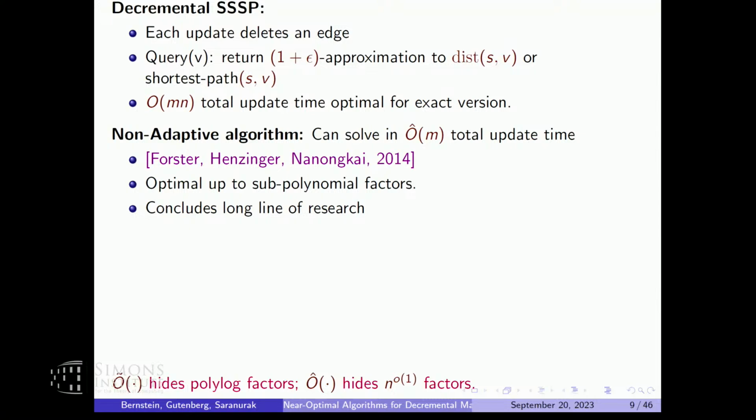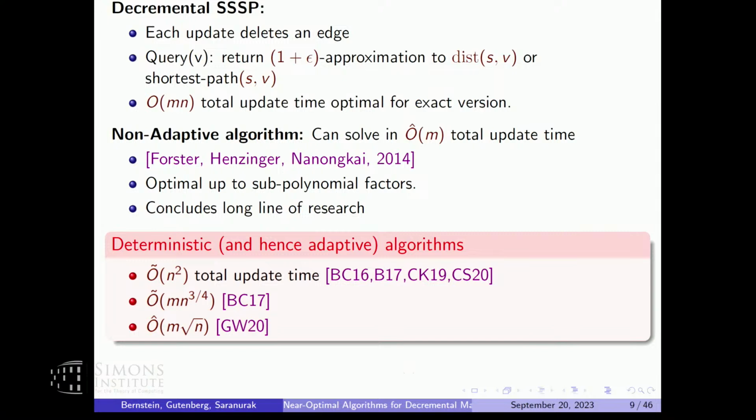So this is great. It has one problem though, which is that it only works against a non-adaptive adversary. Sorry, I lost track of something basic. Is this directed or undirected graphs? Undirected. Okay. Yes, undirected. So if you want an algorithm that works against an adaptive adversary, this problem becomes much harder. There was follow-up work that tried to improve it, but you could see it's very far from almost linear. And so our result is to get almost linear deterministic.